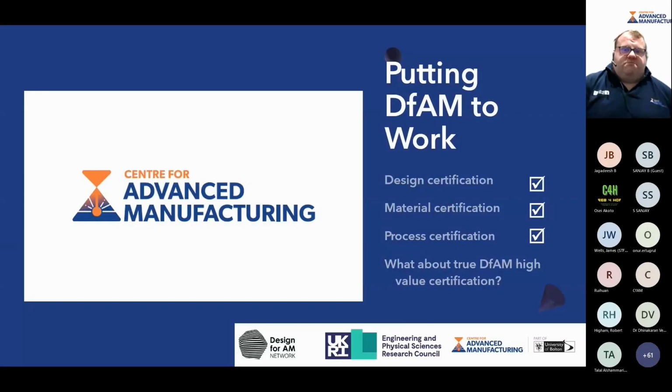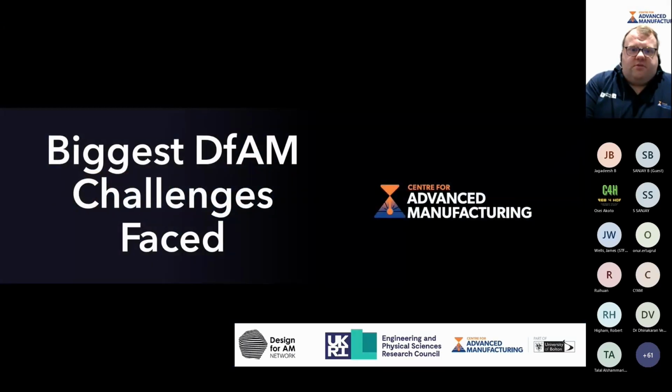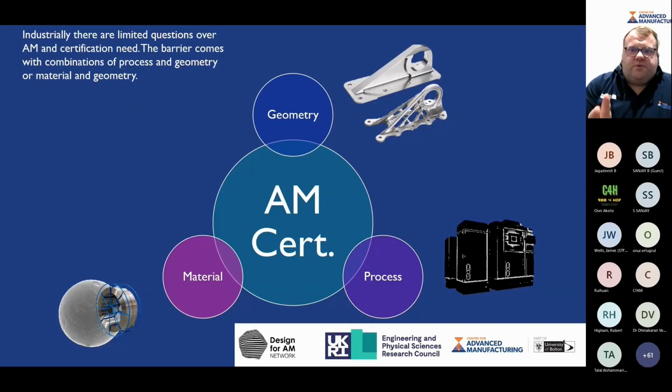If we want to put DfAM to work, as I've phrased it, at some point we're going to have to certify, validate, and qualify our parts. And I think we should all be pretty sure in the room that certification is needed. But to address some of these challenges and to try and break down some of these barriers, it's quite important for us